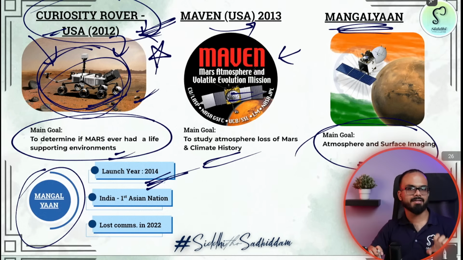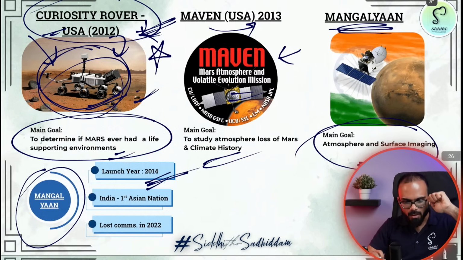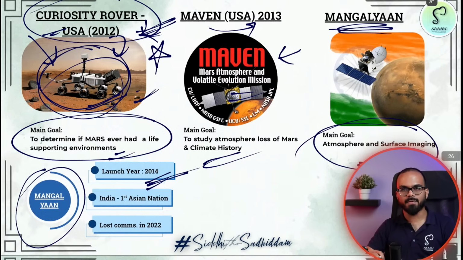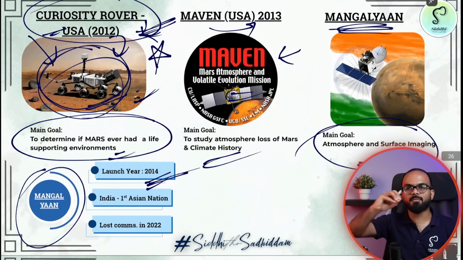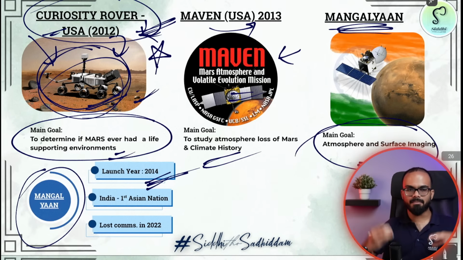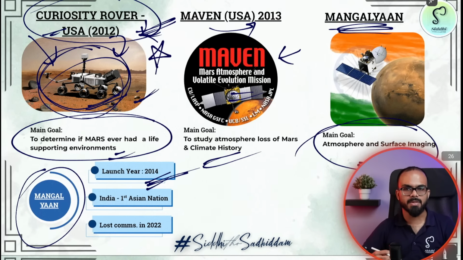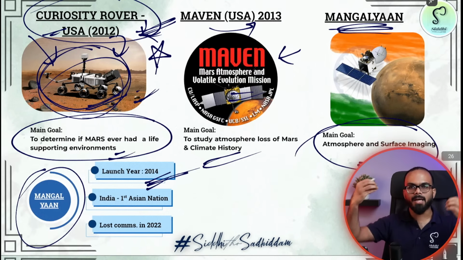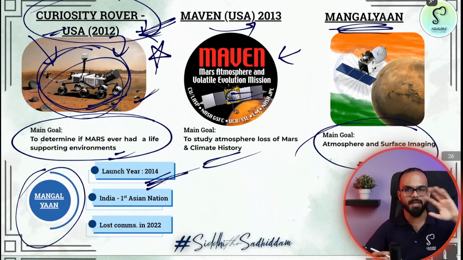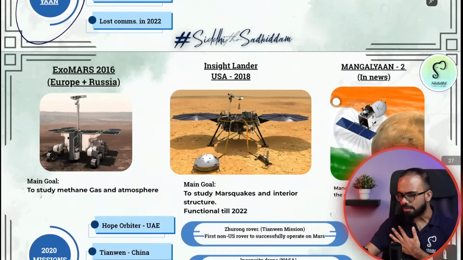Now you might ask me, why do we do all these things? Why do we develop all these things? Why do we need these kinds of technologies? Do we really need to look at Mars? The point is, all these technologies have a lot of practical applications. For example, our current day missile systems, ballistic missiles, cruise missiles, various avionics technologies, a lot of things that are there are byproducts of various space missions. This is about Mangalyaan 1.